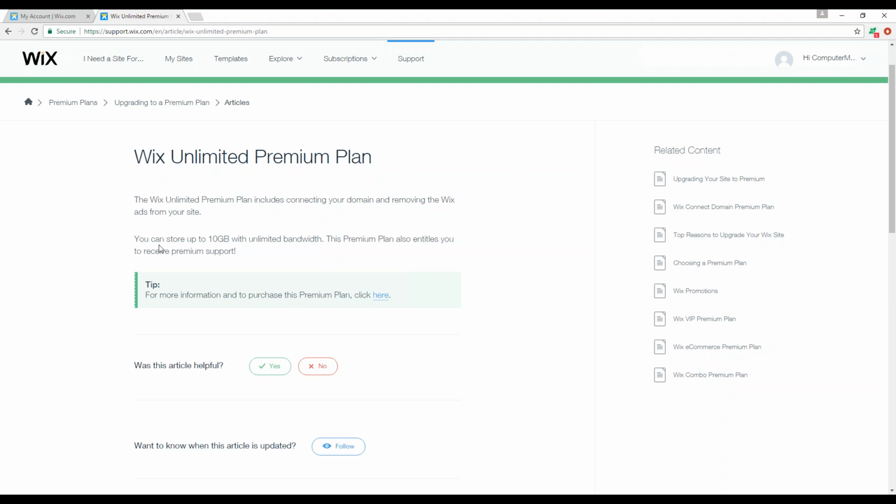And you'll also get to store up to 10 gigabytes with unlimited bandwidth. In addition to all of that, you get premium support, and there are some other little things in the premium plan, but these are the big things that are different from your basic plans in Wix. With that being said, some of you may not need to take payments in Wix, or some of you may not